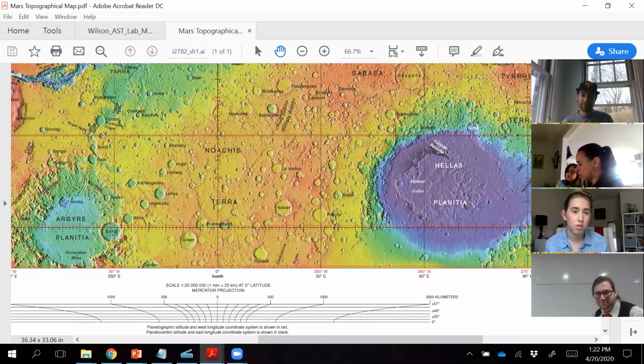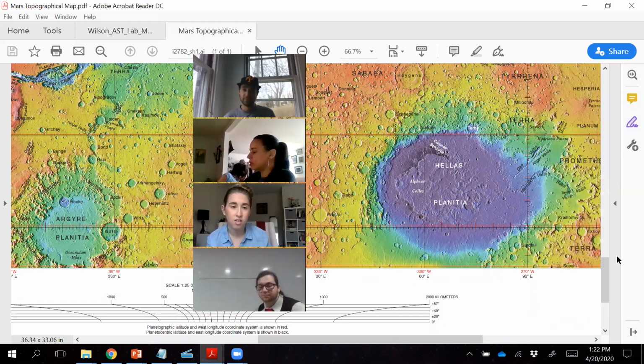All right, here's the thing that I'm thinking, guys. At first, the story looks really simple. At first, it looks like, okay, we had a bunch of heavy bombardment, which made the highlands. And then as Jace points out, the basins are much smoother, right? So these things had to have formed after heavy bombardment. And yet that's also kind of a conundrum, because wouldn't it be weird that you just had a billion years